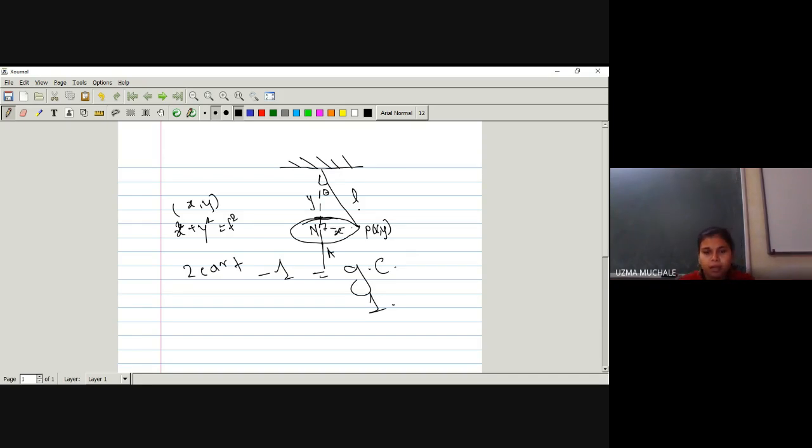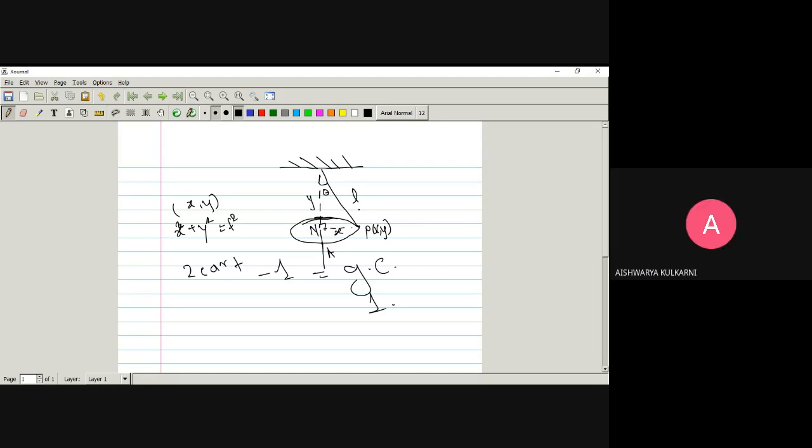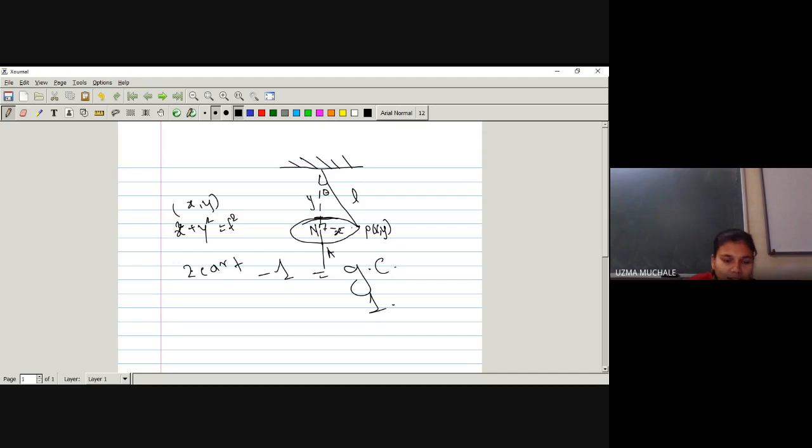That is a compound pendulum, right? So here if the length is fixed, L square is also fixed. So they are related by one equation. So hence two Cartesian coordinates, they are related by one equation. So how many generalized coordinates will I have? That is one generalized coordinate. Is the idea clear for everyone? Yes, ma'am. Two Cartesian coordinates, they are related by one equation, so one generalized coordinate, that is nothing but our angle theta.